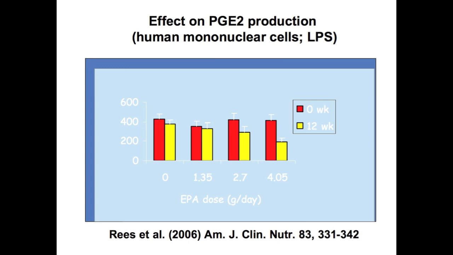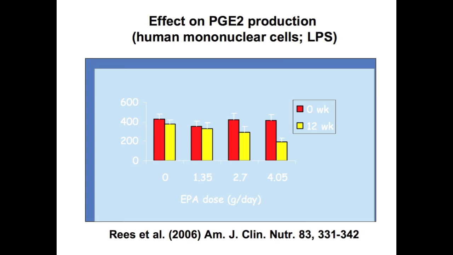So maybe the fatty acid composition change induced by this dose is not enough to have an effect. But the fatty acid composition change induced by this dose is enough to have an effect. So there's a sort of threshold beyond which you have to get. Now, I wouldn't want to generalize this threshold for every effect of omega-3 fatty acids. Okay, probably shouldn't even generalize it to inflammation, but this is just about an inflammatory readout.